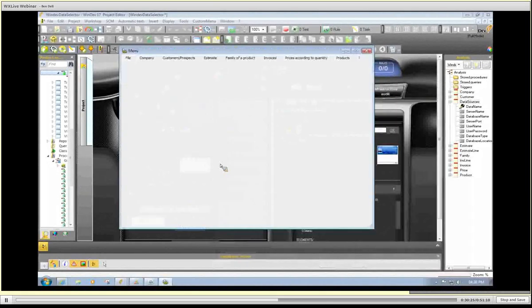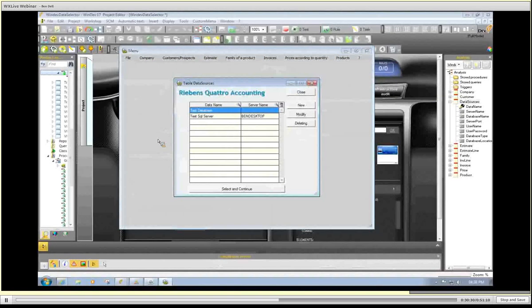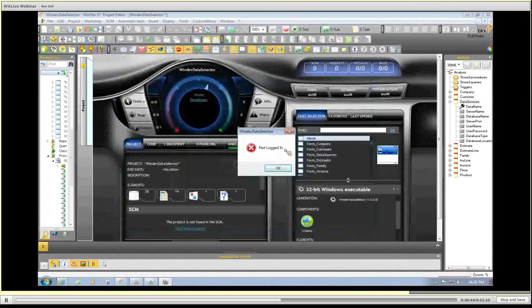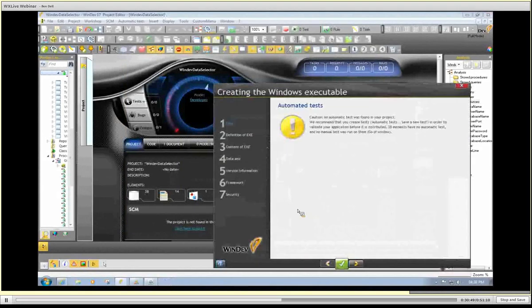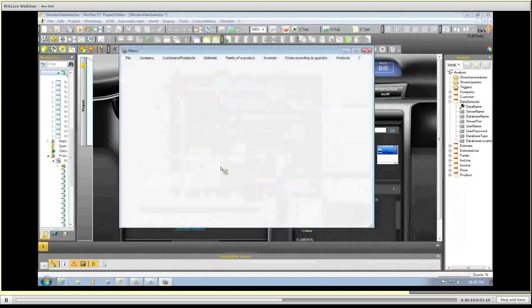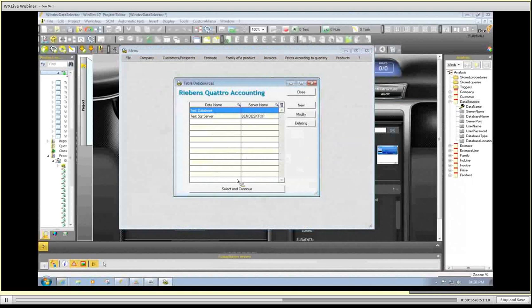Okay, and I'm going to run the executable. And let's go and select the data record. Now I said there's a test database. And let's go. Aha! It's popping up user groupware login. If I go and cancel there, it tells me, sorry, not logged in, cannot run the program. Okay, let's go and run it again. Run that, go and select the database. We select that one,